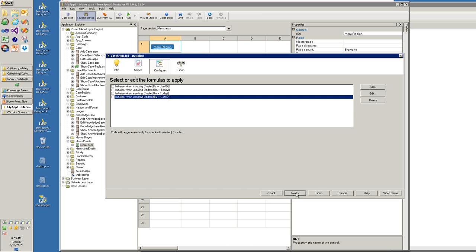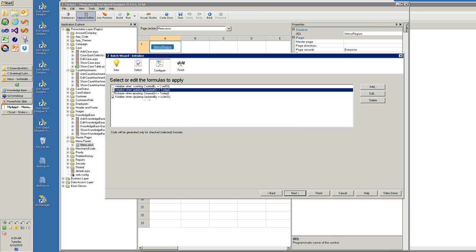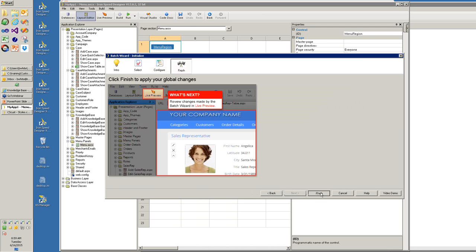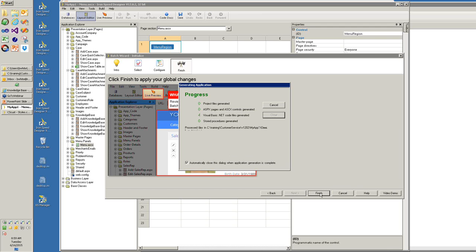This one and this one here. And don't want to add any other for right now. We'll go to the next and finish,